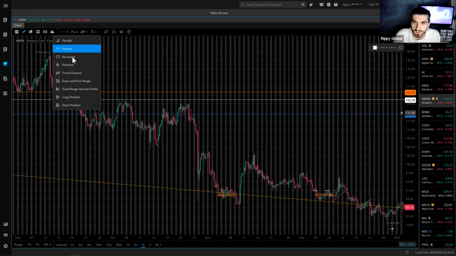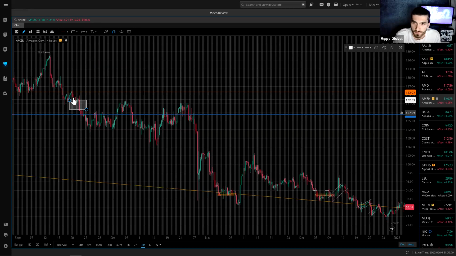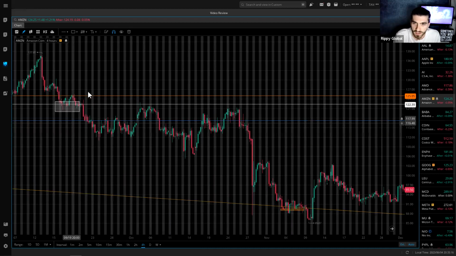And if we're focused on that 122 area, we can see we have a double top right here, a rejection. When we were above that 122 a share, we tried to hold it as support. And also that 125 a share that I also have in orange, it was rejecting this zone right here for